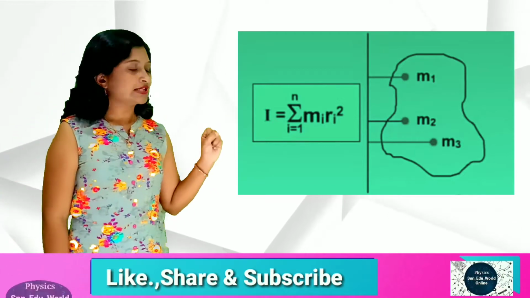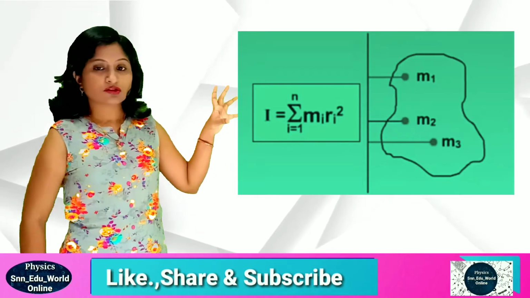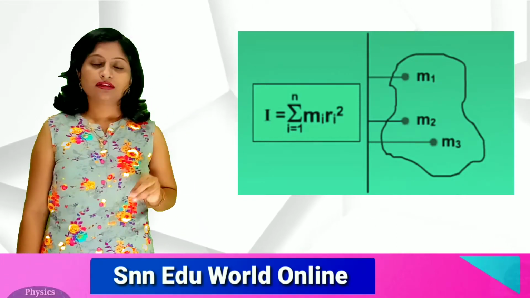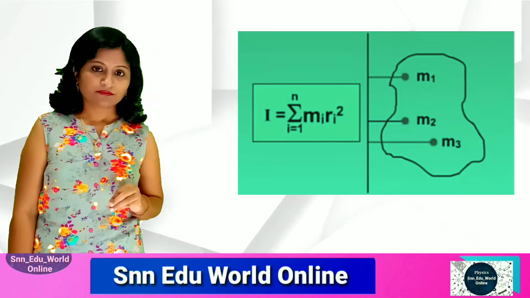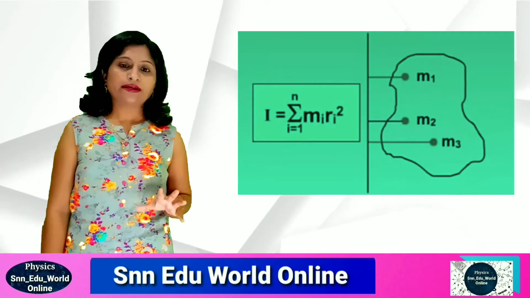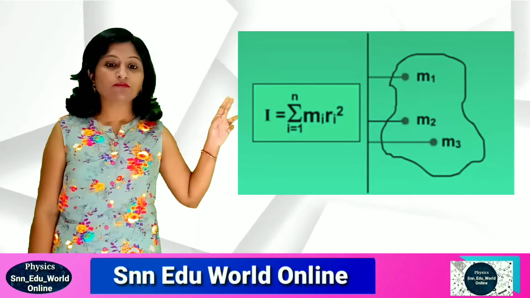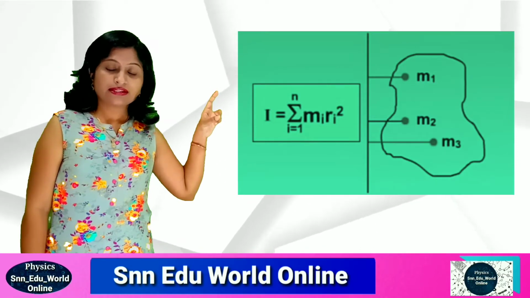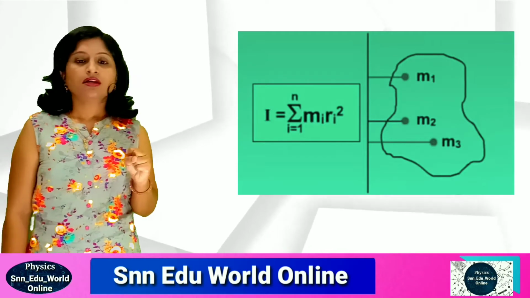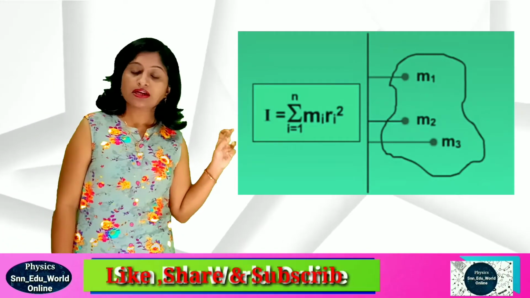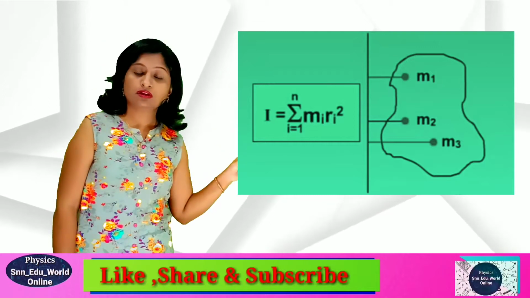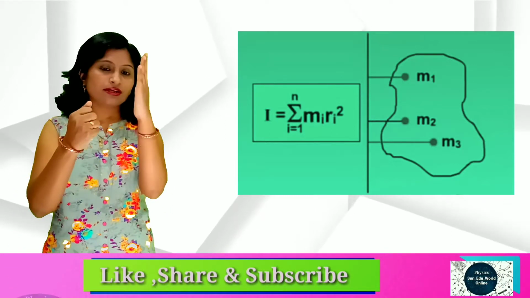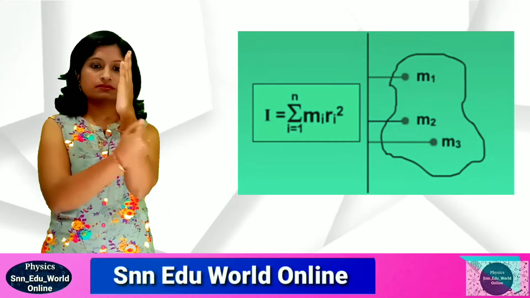Let's see. Now see in the diagram, the object shown is a rigid body of uneven shape. Let the object have mass M. Now it is divided into a number of particles. Here I have shown three particles m1, m2 and m3, masses included in the rigid body. Now let this object rotate about an axis. The straight line shown is the axis of rotation. So that rigid body will rotate about this axis.